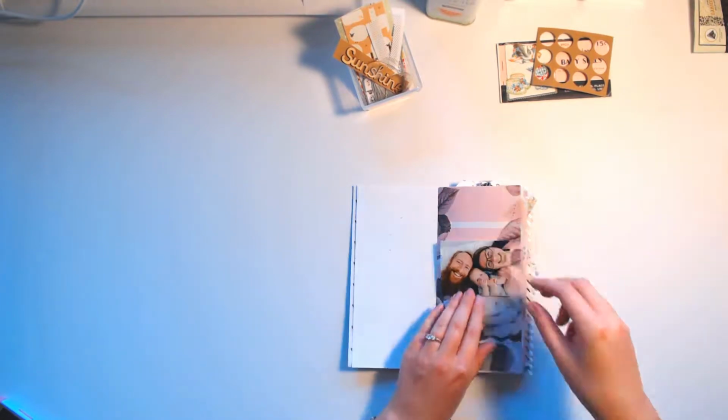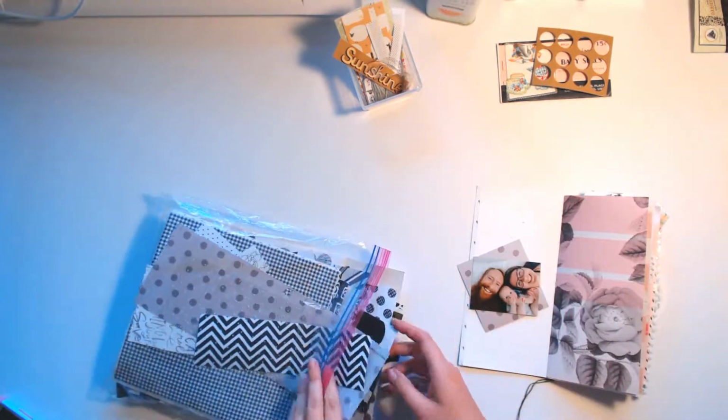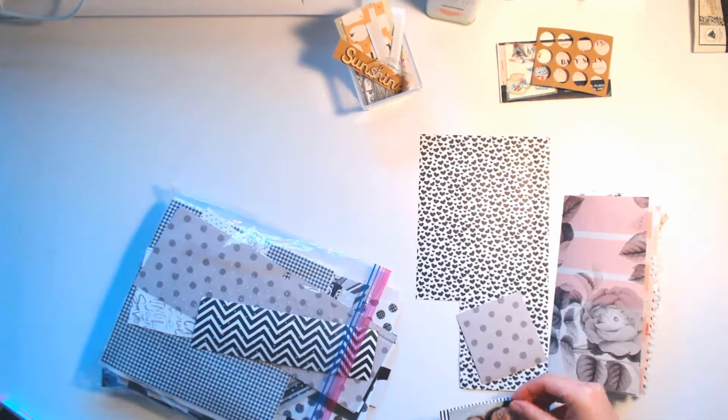So I'm just here sorting through all the photos that I have printed out at the moment, and I'm picking the one that suits the page that I feel like working on today. I order my photos in kind of batches every month or every other month, whenever I feel like I have enough to make it worthwhile. Sometimes I like to leave the white border on, so I print it that way. But in this case, sometimes they're a little too wide for the junk journal, which is 4 by 8 inches, like a traveler's notebook. So I've trimmed it down, and now I'm just going through my scrap papers,